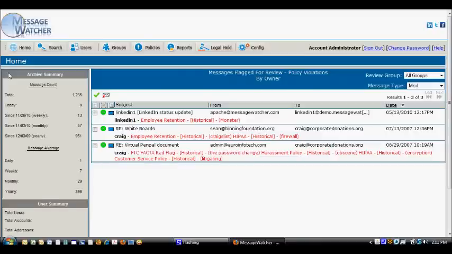What I'd like to do today is show you the Messagewatcher email and surveillance software. We also archive and monitor Facebook, Twitter, LinkedIn, and instant messaging. Now, those communications all go into the email archive, so there's a single repository for your organization's electronic communications. And this is helpful for several reasons, including legal issues, like e-discovery or audits, so that you can look in